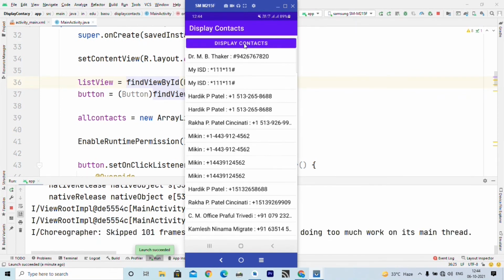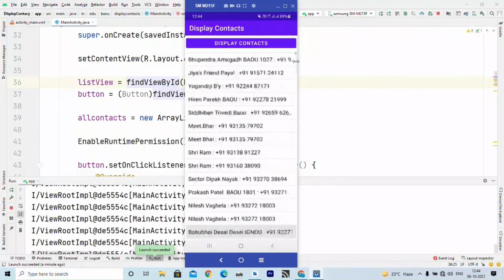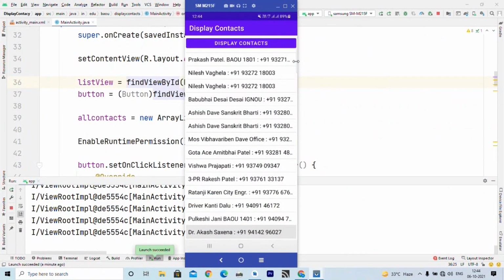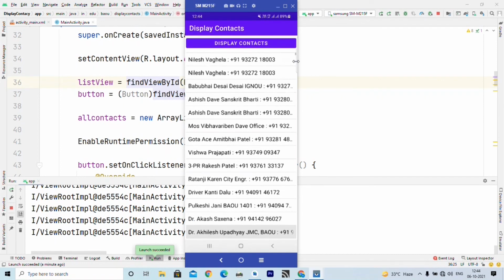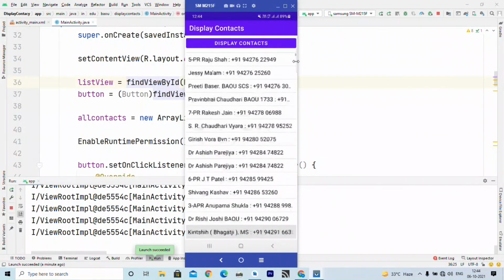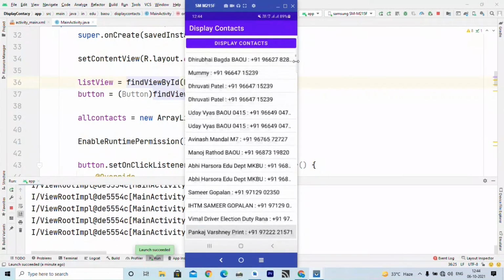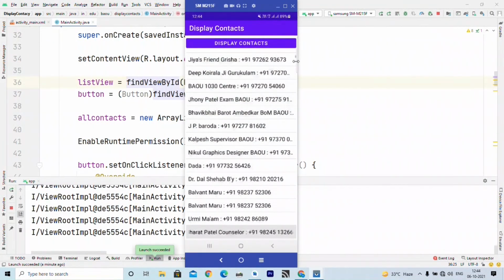So you can see my all contacts are fetched, that you can see on the screen. So, since we have used list view, we can also have scrollable facility to traverse between different records. So, this is how we can display records, right?